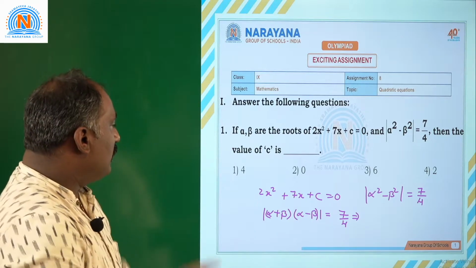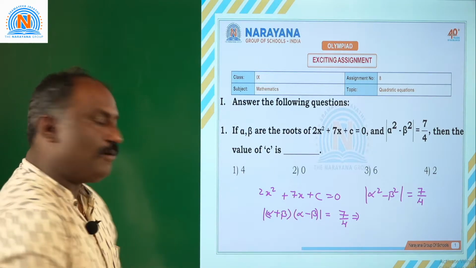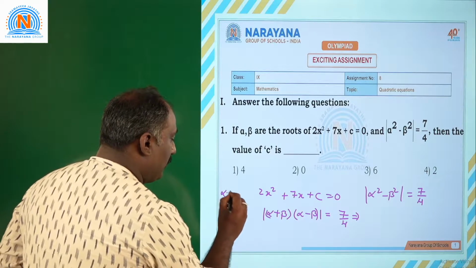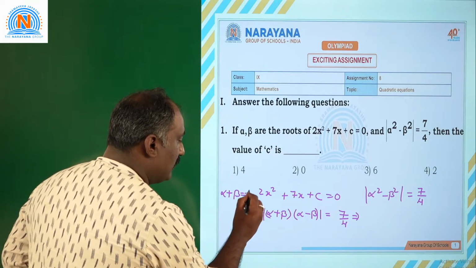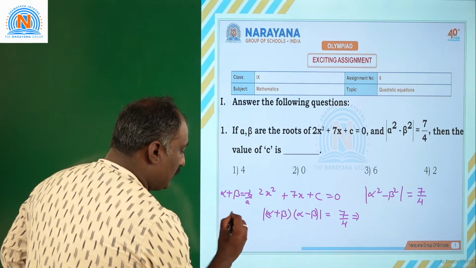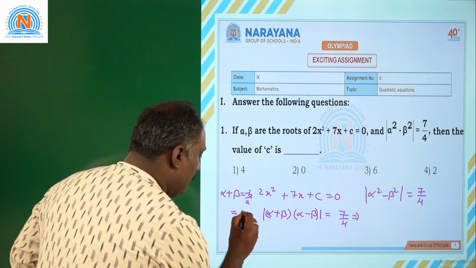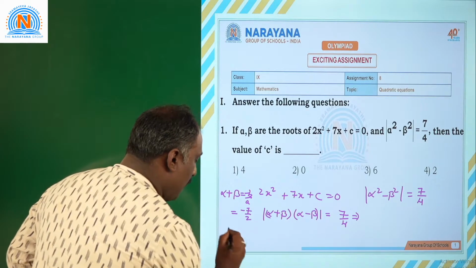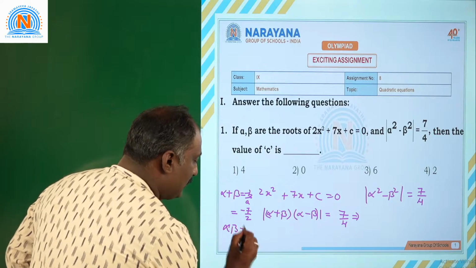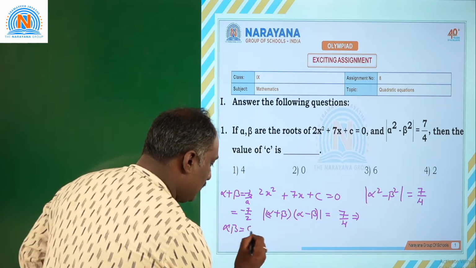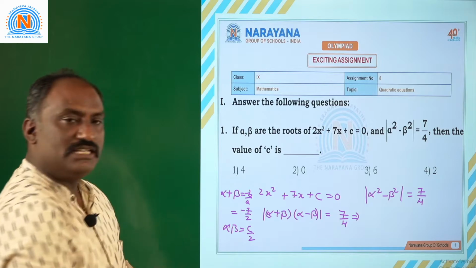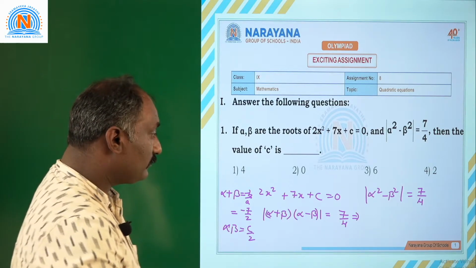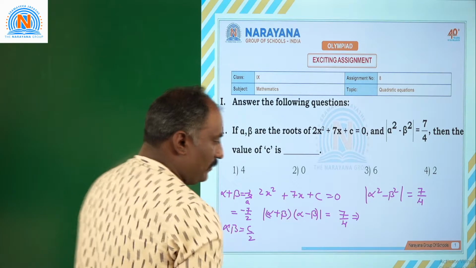And we know alpha plus beta, what is alpha plus beta? Alpha plus beta is nothing but sum of roots, that is minus b by a. From the given information we will get minus 7 by 2, and alpha into beta is equal to c by a, that is c by 2. We will use this information to solve this one. Okay, then